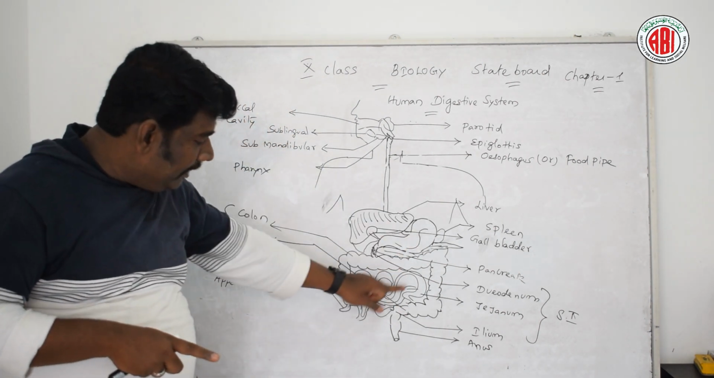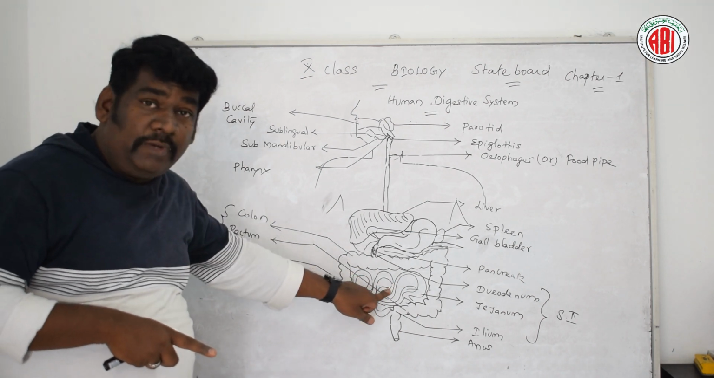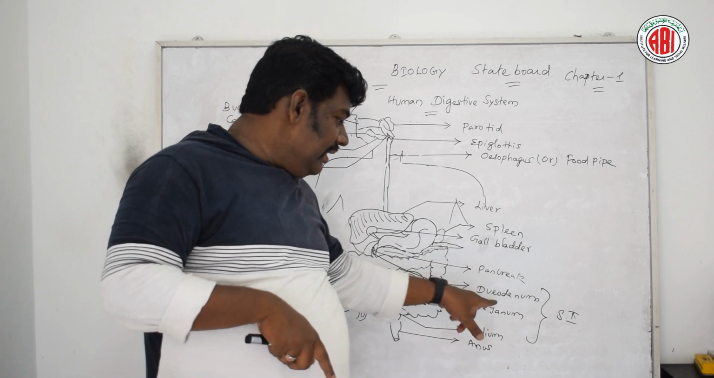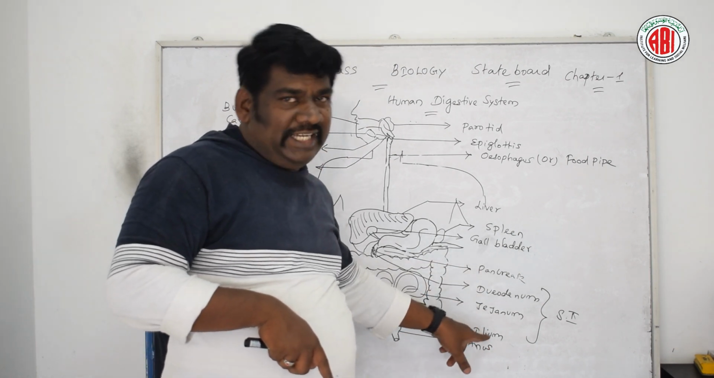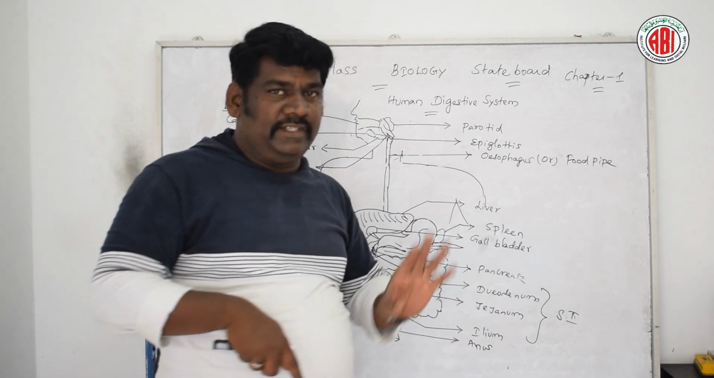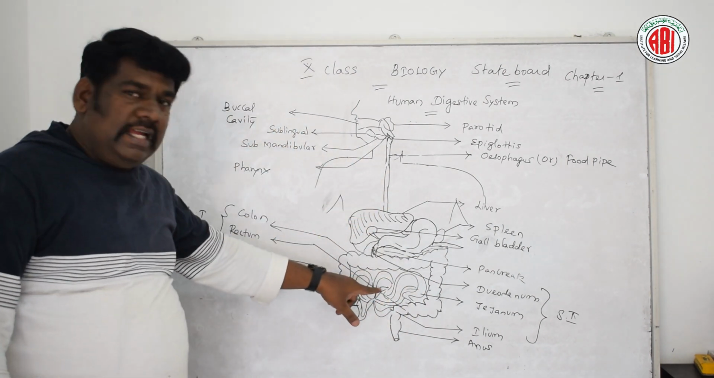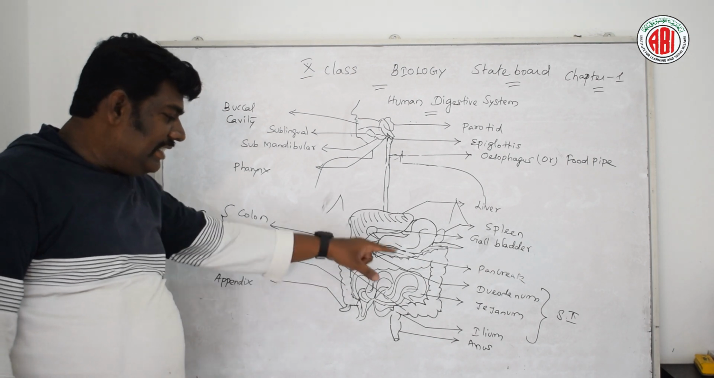And stomach is followed by small intestine. In small intestine 3 labels we are getting. Okay, what are the 3 labelings? These are duodenum, jejunum, ileum. So 3 additional labelings we are getting, and these are ending to the large intestine, where we